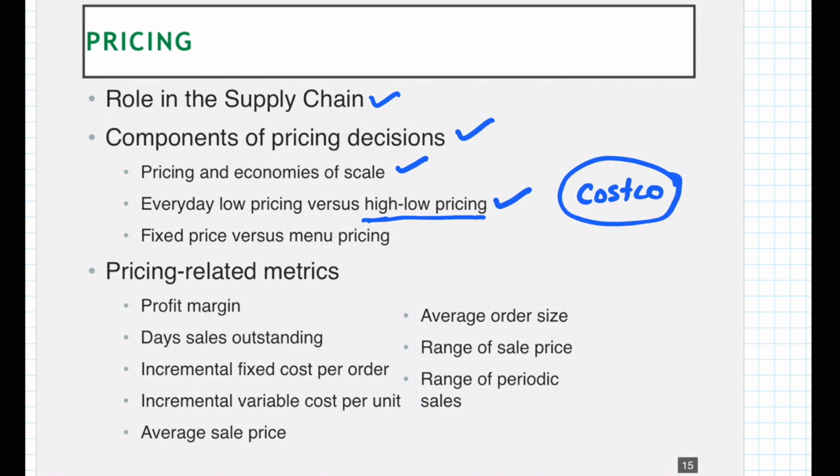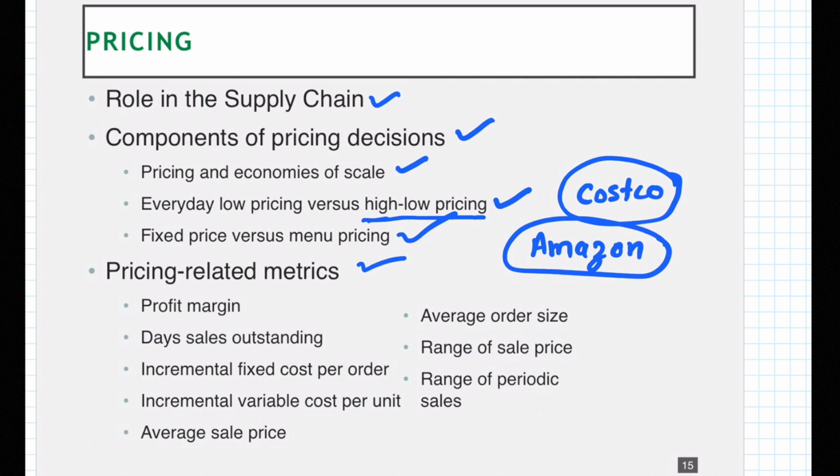Fixed price versus menu pricing is another example of decisions involving pricing. One example of menu pricing is the one followed by Amazon at the time of shipping. Pricing has a direct impact on revenues, and since it also impacts the demand profile, it has an impact on production and